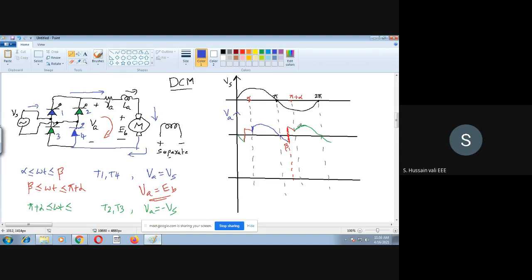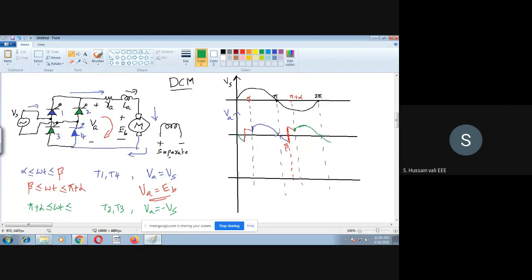Okay. So here also there is a small change because we do not know exactly at what instant it is there. So we'll see. Yeah, this is the waveform. Now you see, this waveform has three colors. One is blue color, that is from alpha to beta. Then another is beta to pi plus alpha, red color. Another is green color, that is from pi plus alpha to another 2 pi plus some other angle. The small angle is there, so that the duration is beta.